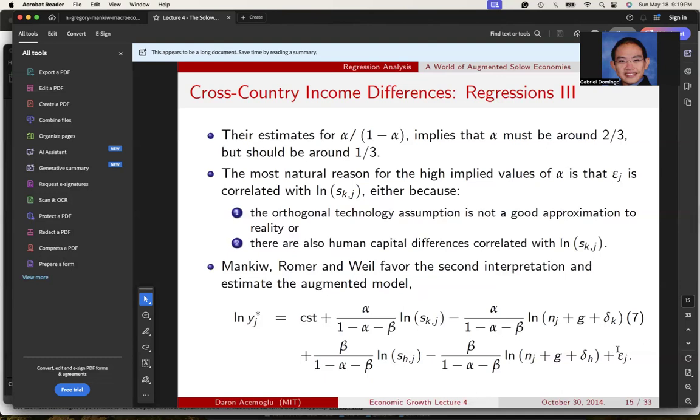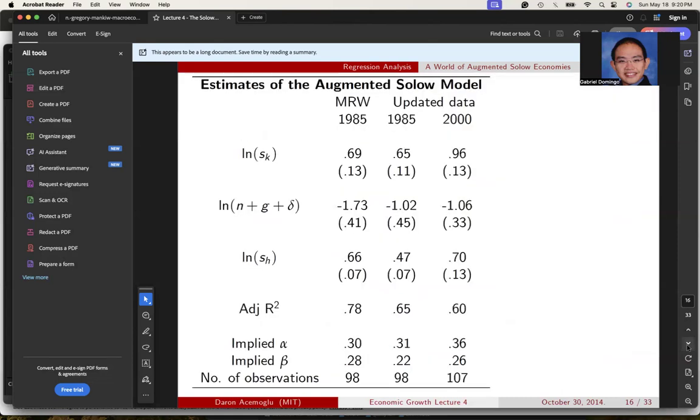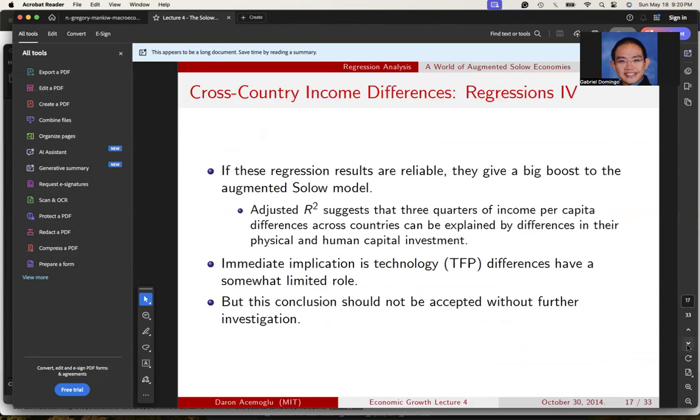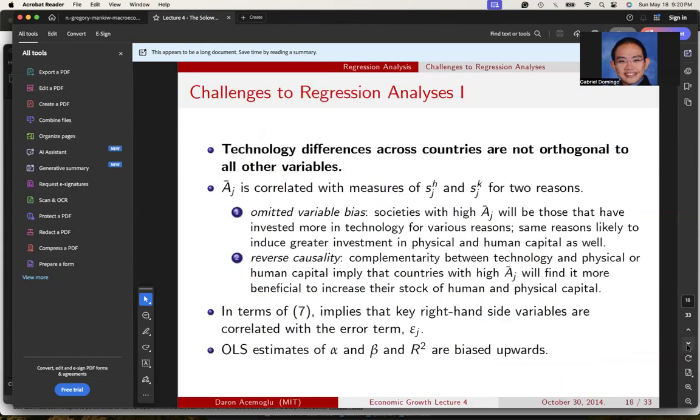So for now, rest assured that the Solow model itself can be taken to the data, even though there are a few, or more than a few actually, improvements that can be done to improve its fit to the real world. Okay. The next thing is